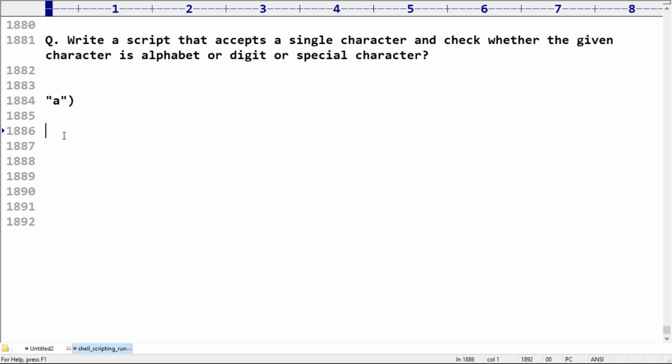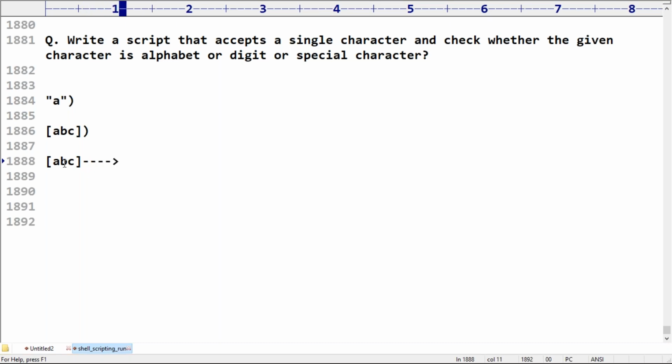Now if I take [abc], what is the meaning of this one? This is a regular expression pattern. Remember that within square brackets we can take a, b, c. What is the meaning?